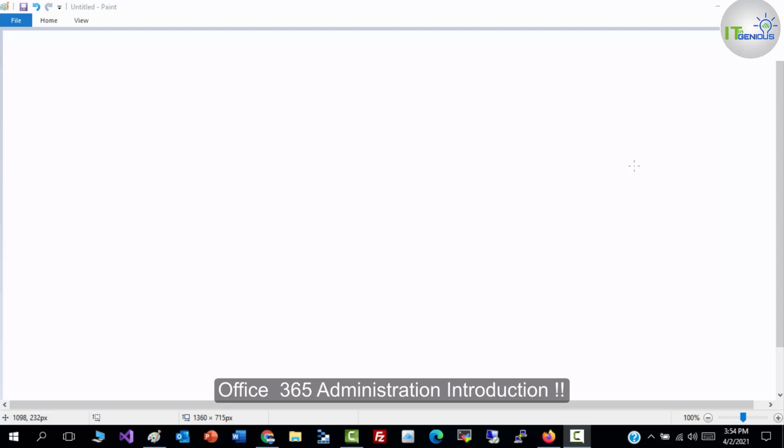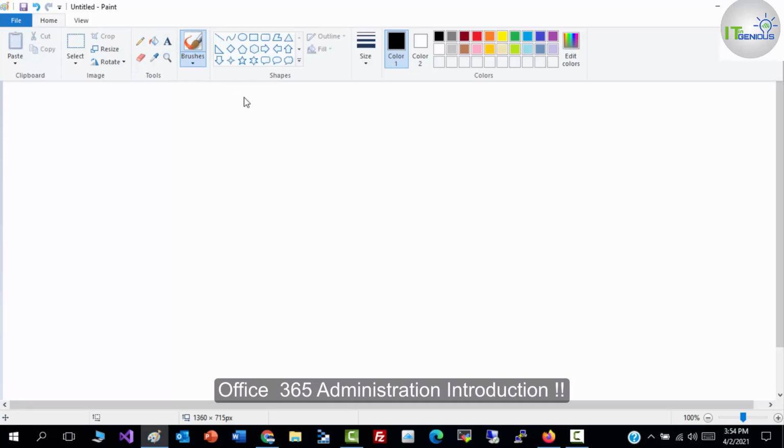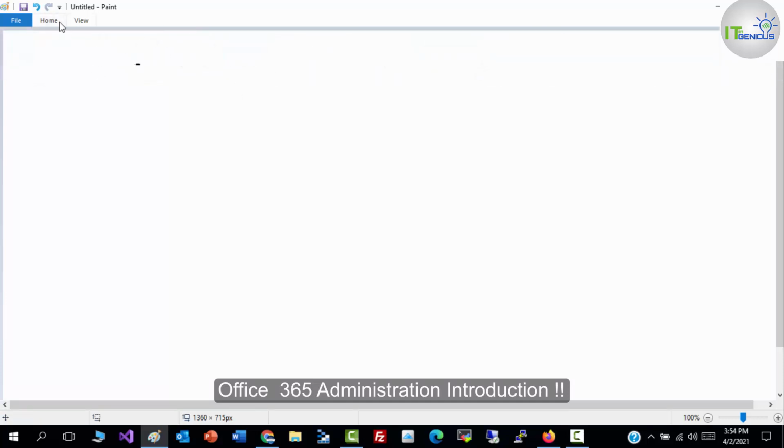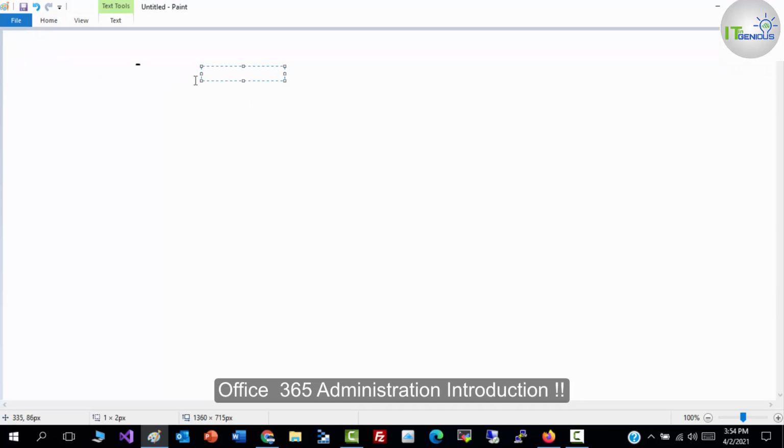Similarly, the next factor is, so we have discussed the four components of Office 365. Let me write here: Microsoft Office 365 core components.